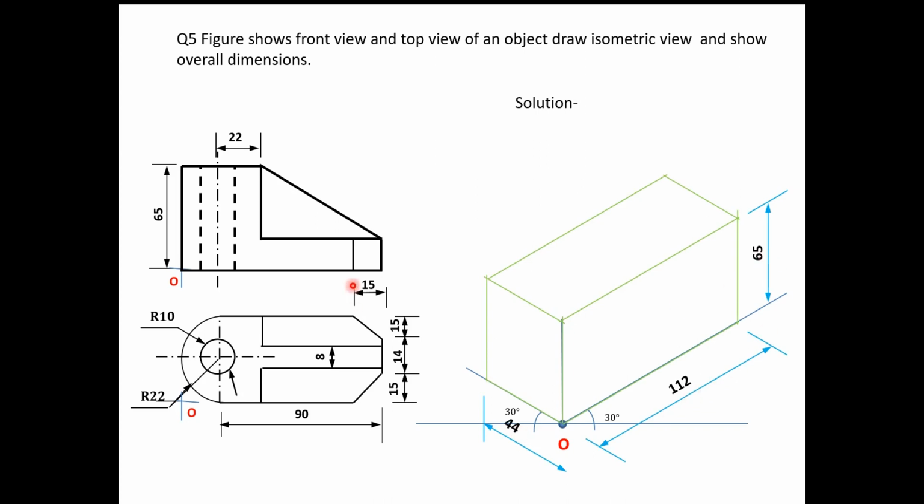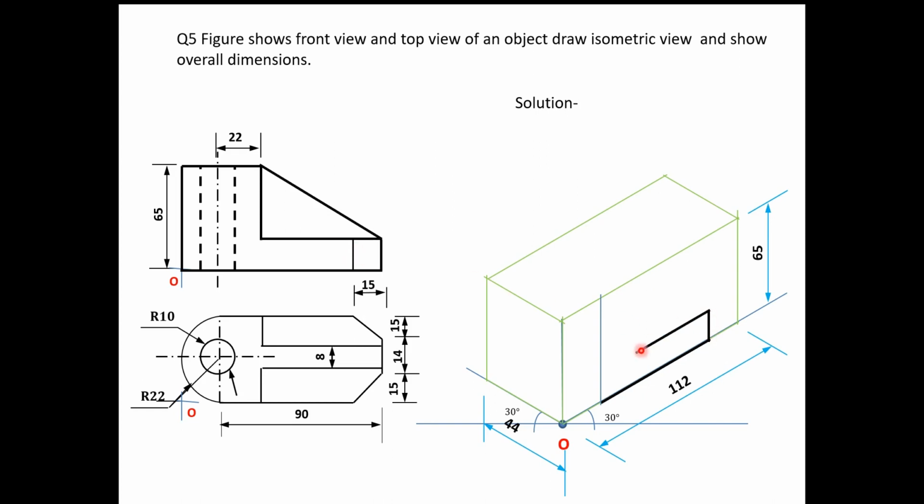Now if you start, I will start from this edge. Here we have to start from this. Here this is 22 mm. From this 22 mm distance I will draw one vertical line, and from this I will draw this dark line, up to this. So how much is this distance? This is 22 and this distance is 90 minus 50. Okay, up to this.